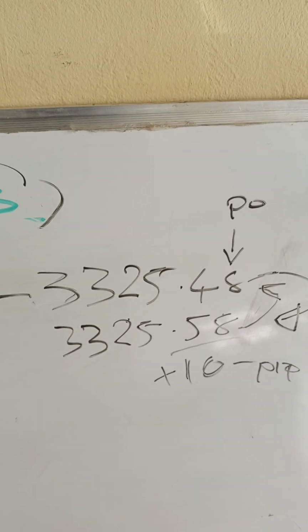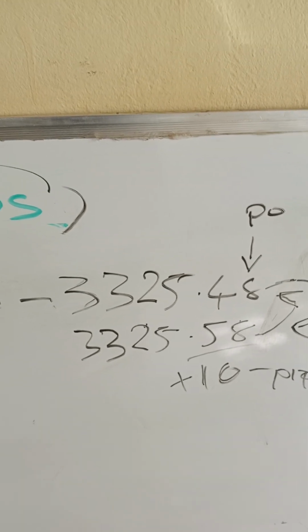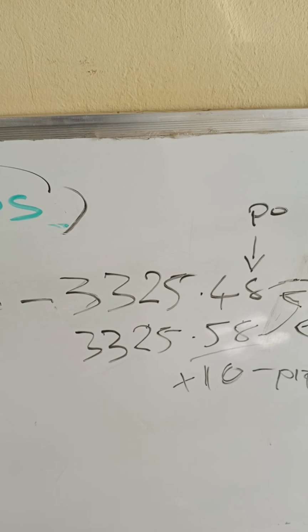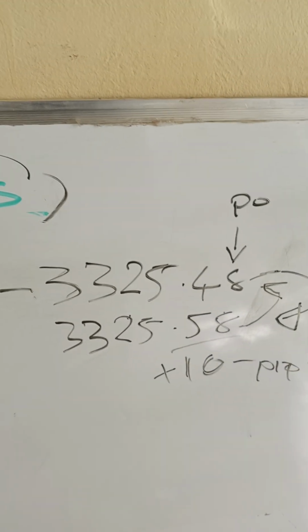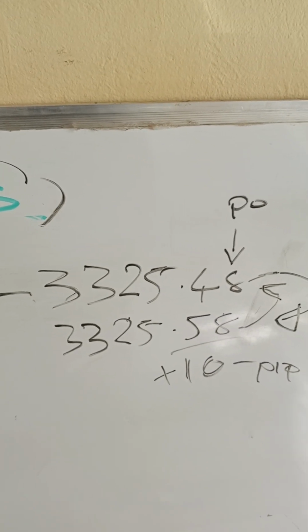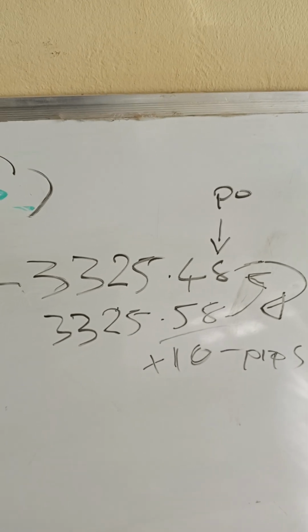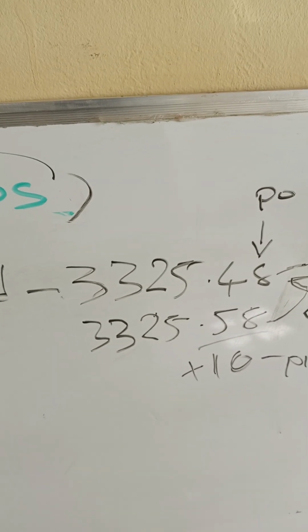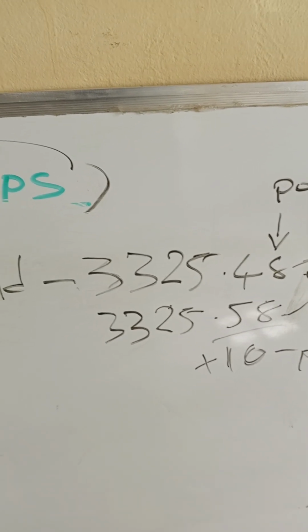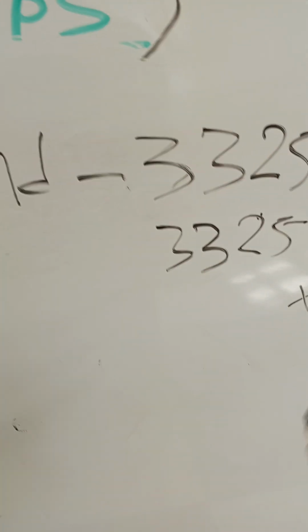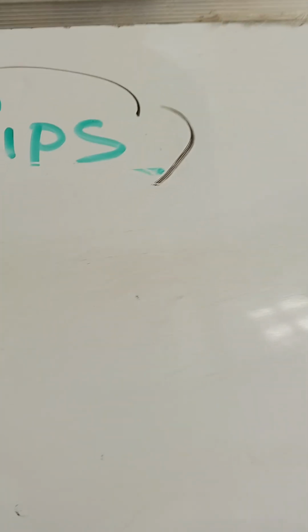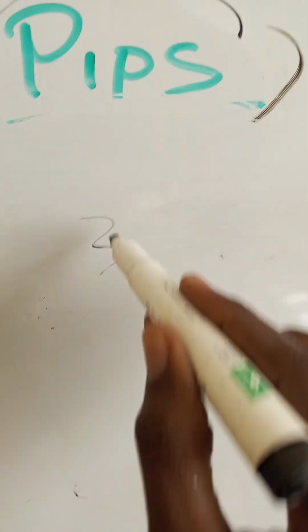I always encourage people, at least set your stop loss at 50 pips when you are trading gold. All right. So let's say the market is on this range. Let me do this. So let's say the market at 3,